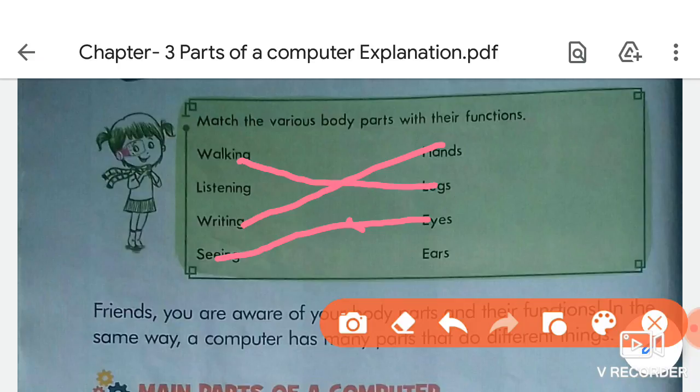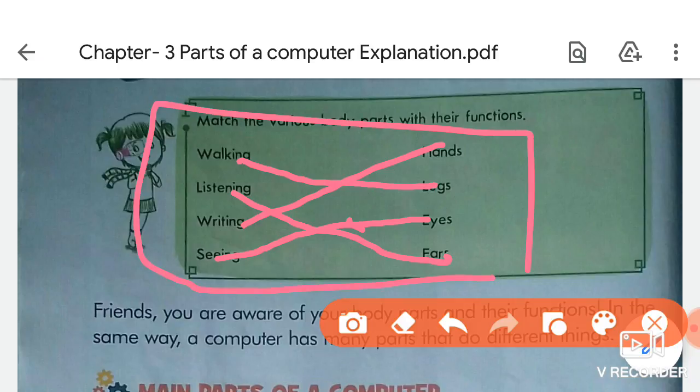Next one is ears, so we listen to different kinds of sounds, the voice, with the help of ears. So we will match the ears with listening. Is that clear, students? You have to complete this task like this.